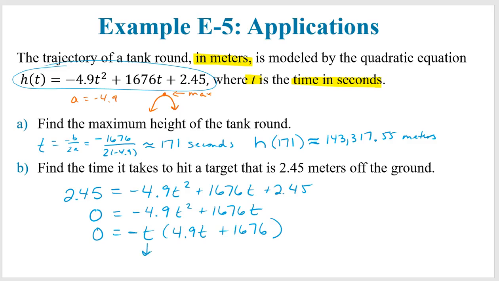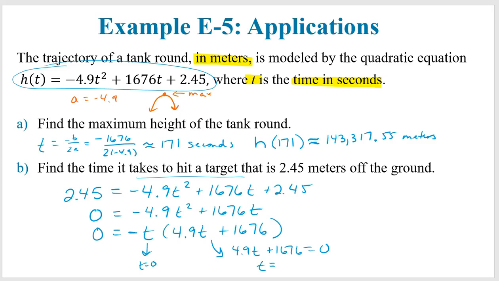I can use my zero product property. I will get t equals 0, which makes sense because that's when it is leaving the ground. It doesn't make sense for the time it's going to take us to hit the target, because that's when it's actually leaving the barrel. So we are going to set this second one equal to 0 and solve. And when you solve that, you get t is equal to,